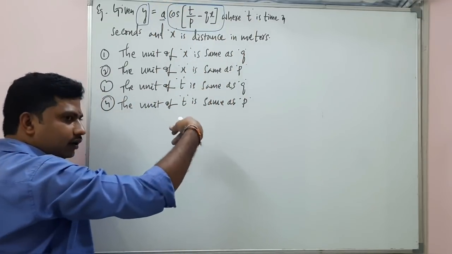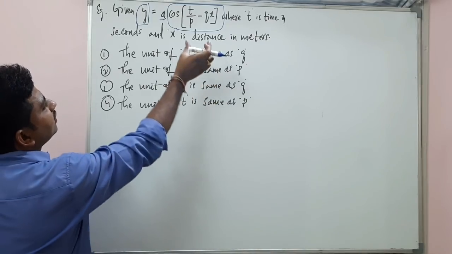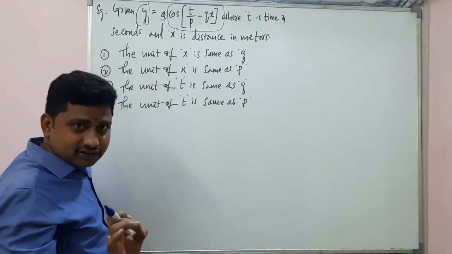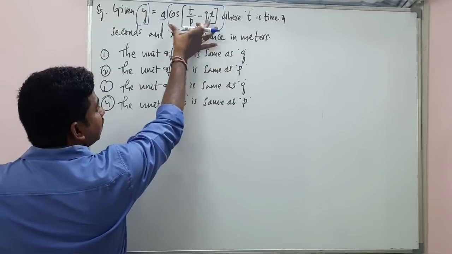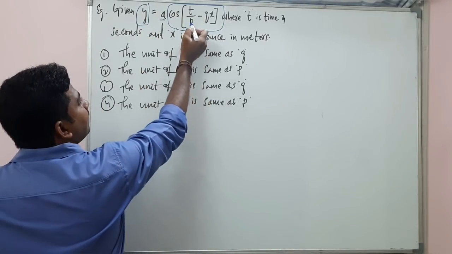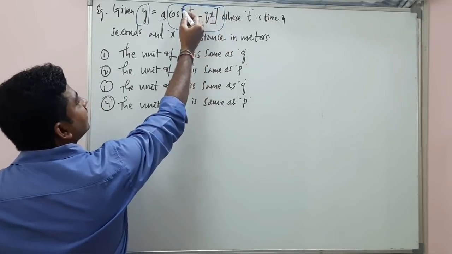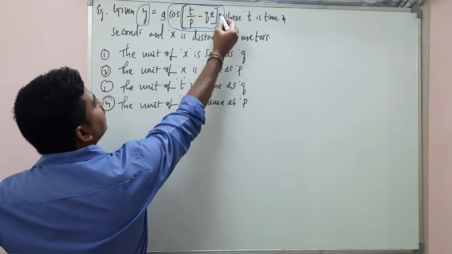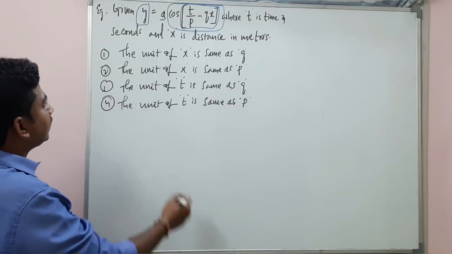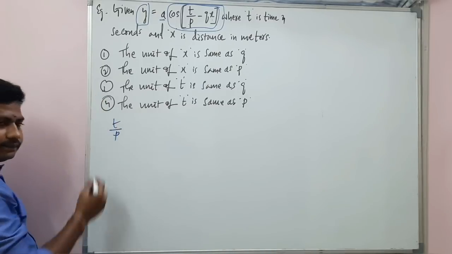Without further reading, you should understand that the complete trigonometric function, the cos of something, will not have any dimensional formula. And the argument inside also will not have a dimensional formula, that means whatever is written in this place will not have any dimensional formula. Alright? What is that? t by p